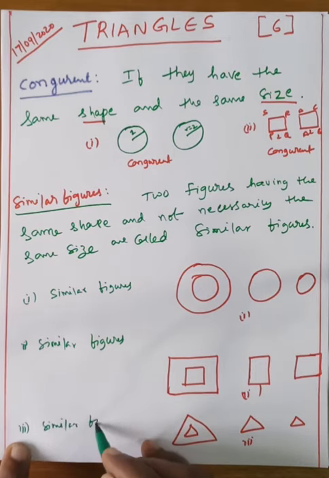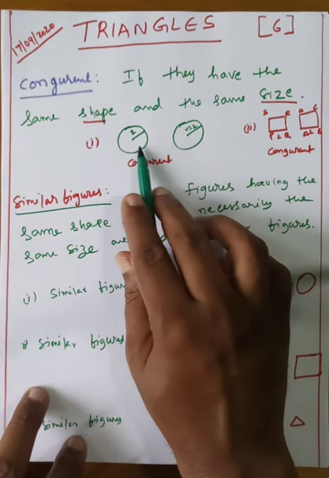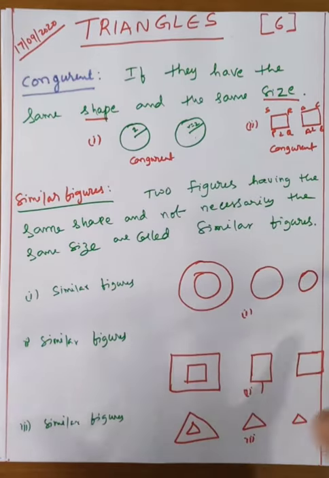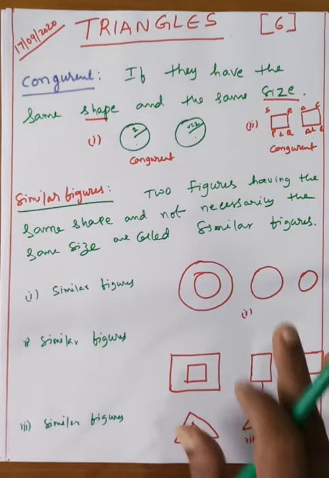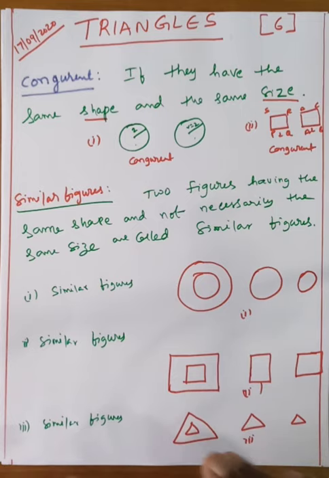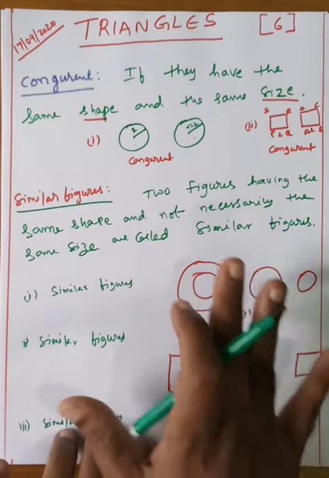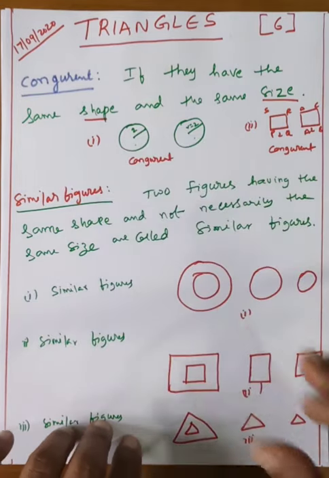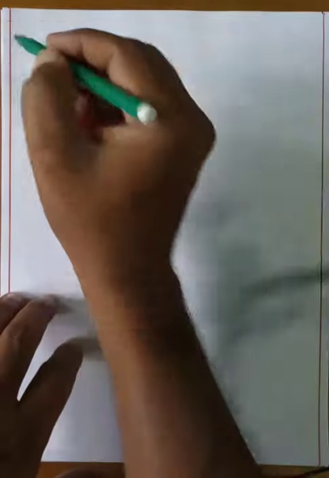Observe that if these are congruent, same shape and same size, and if the size is the same or different, no problem, they are similar. Congruent figures are similar, but these are not congruent. What is the meaning of that? All congruent figures are similar figures, but similar figures need not be congruent. These are congruent? No, but these are similar figures. One important note.